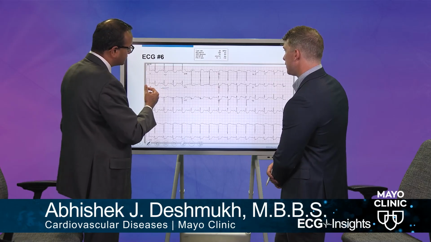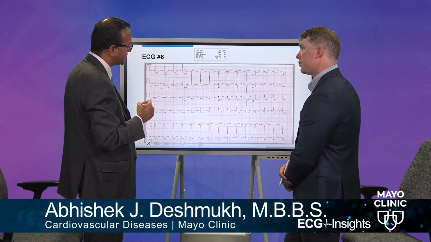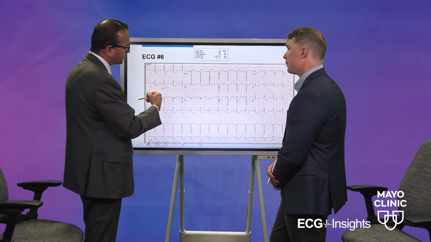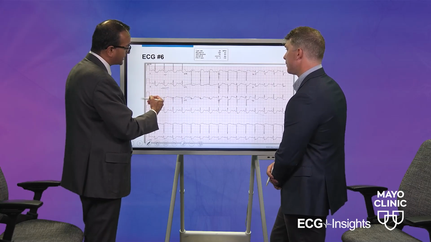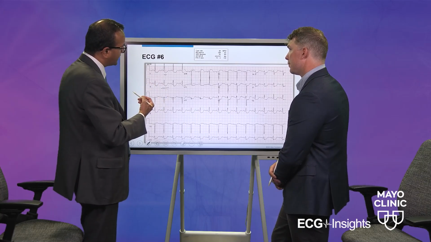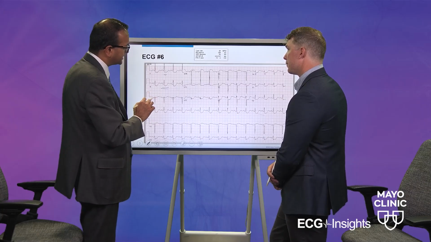Now this concept is also important because sometimes it's very hard to know whether there is ST segment elevation or not, and over the next few series we'll look at certain ECGs like that. But if you have some subtle ST elevation in a couple of leads, try to look at what is reciprocal to that. If that reciprocal part is showing ST depression, then in your mind you should think, well, there is real ST elevation going on. If there are not many reciprocal changes, then you can potentially get serial ECGs to prove that. That can also help you sometimes guide whether this patient is actually having an acute MI or not.